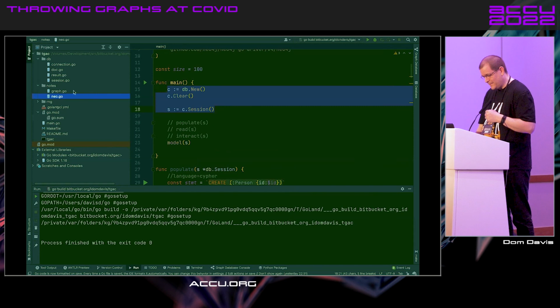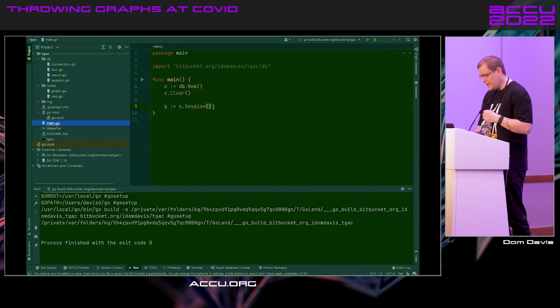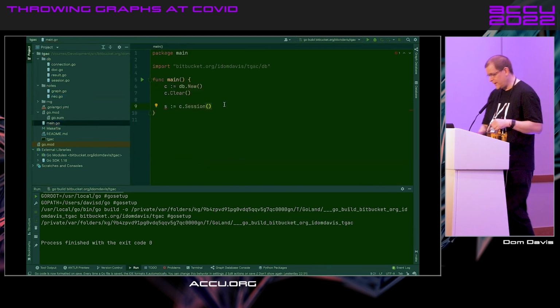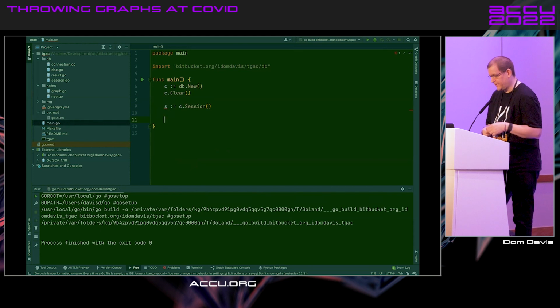So we've got our, oops, no, we don't want notes, we want main. We've got our connection to, what's there, blind. Got our connection to the database, and we can start running Cypher. And there's a reason I used the format that I did